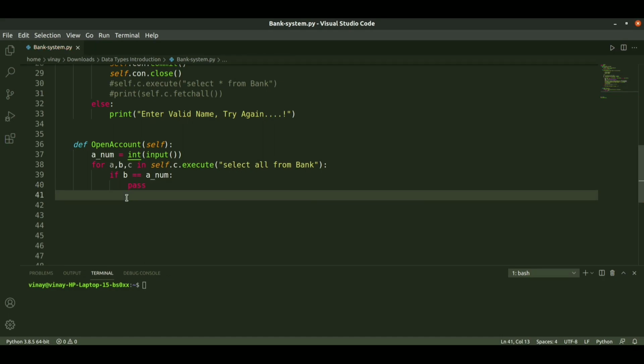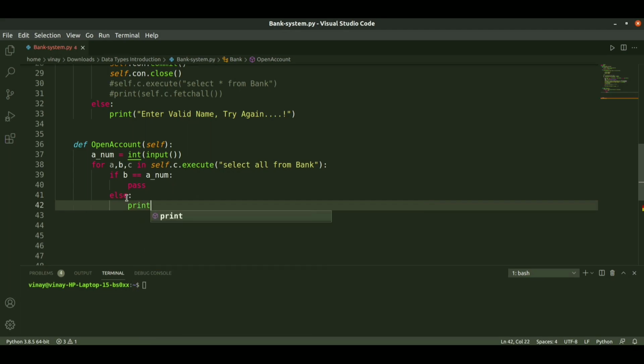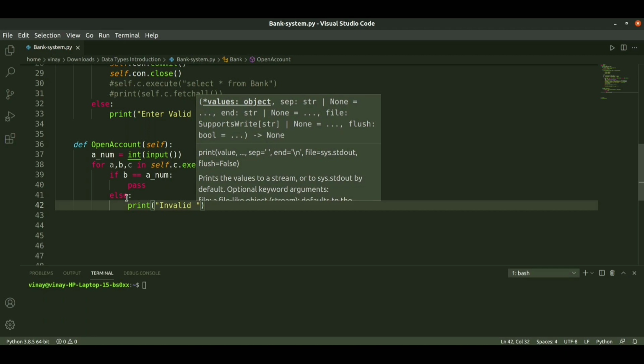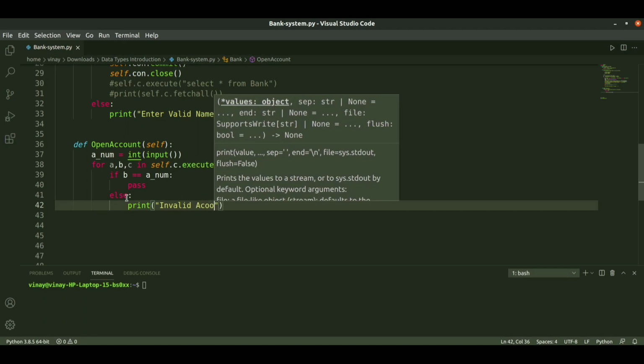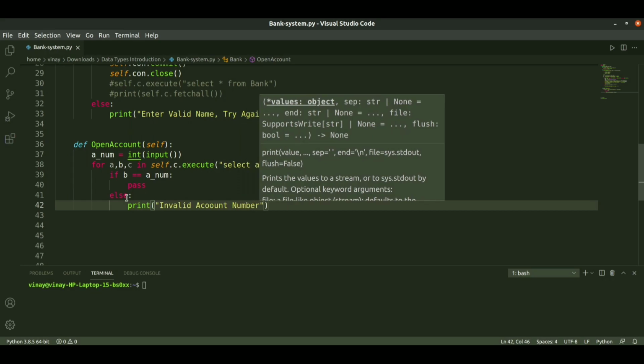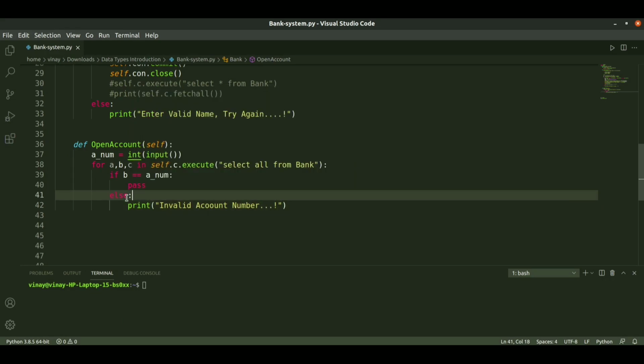If it is not, else we will print invalid account number. That's it.